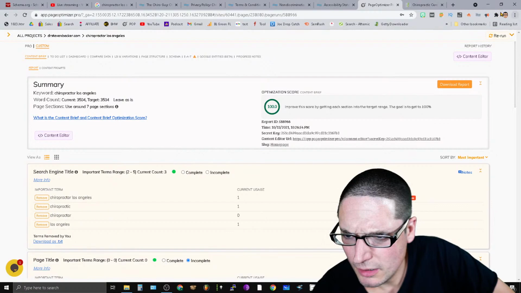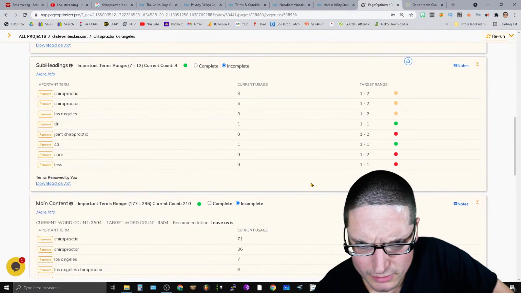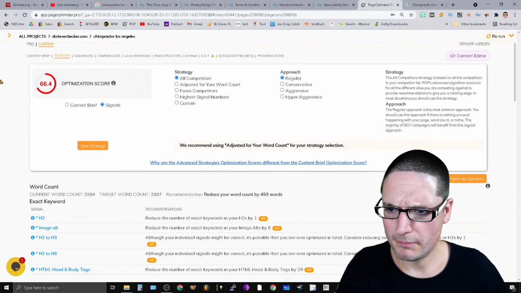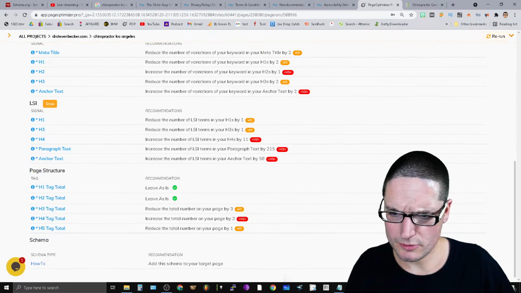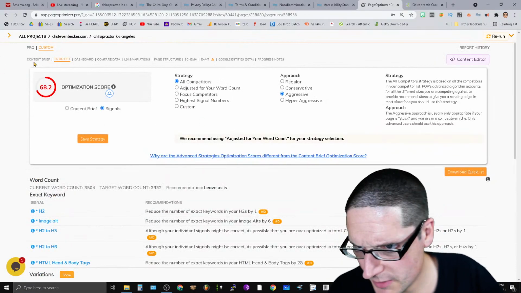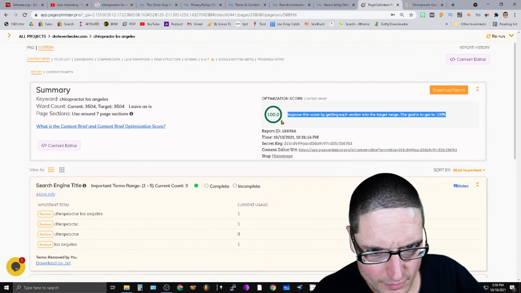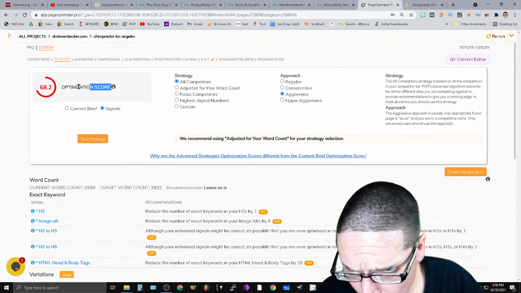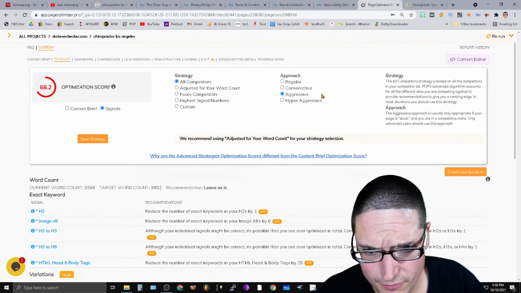So this looks a little bit different. What's up with this? Wow, this looks different from last night. So that's quite interesting. This page looks different. This is usually the page that I use, because I don't really like the content brief, because I can always score really well here. I have a 100% score, but when I come into the optimization score, it's low. And we can adjust or whatever, but I just go for all aggressive.